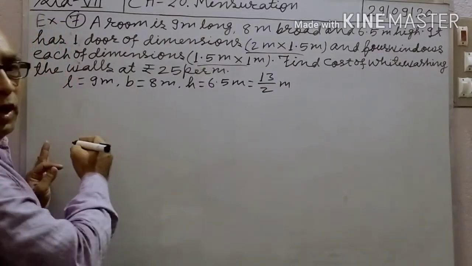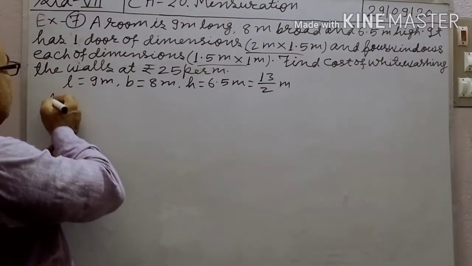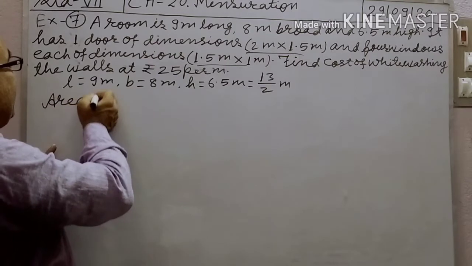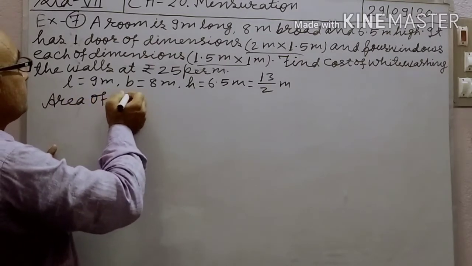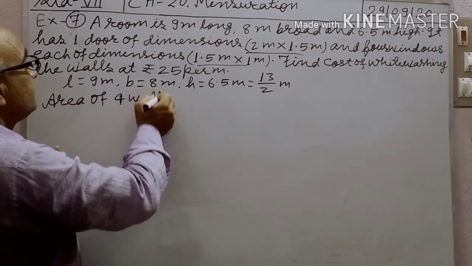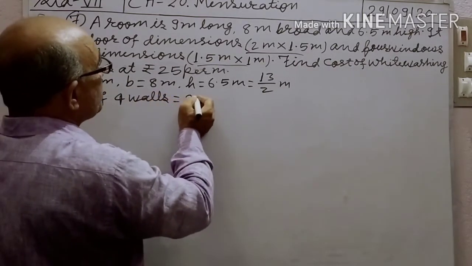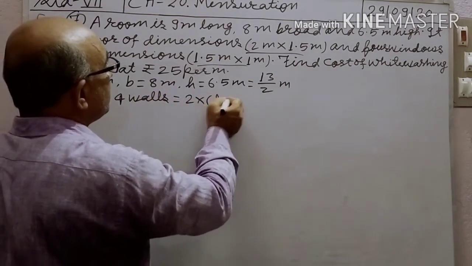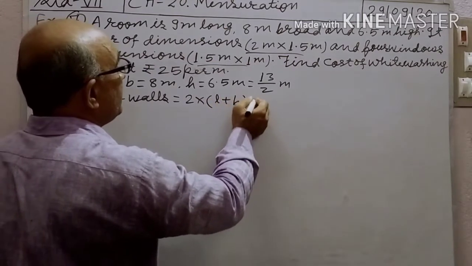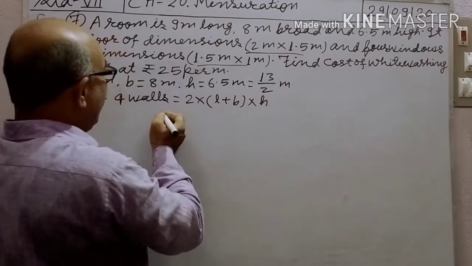So first of all, find area of 4 walls. Area of 4 walls, formula is 2 into L plus B into H